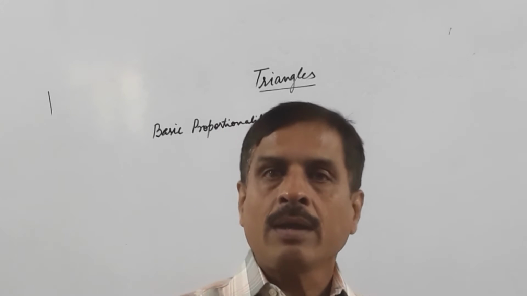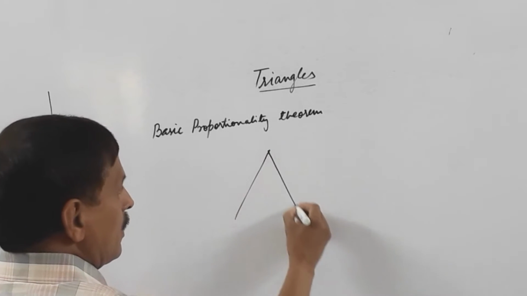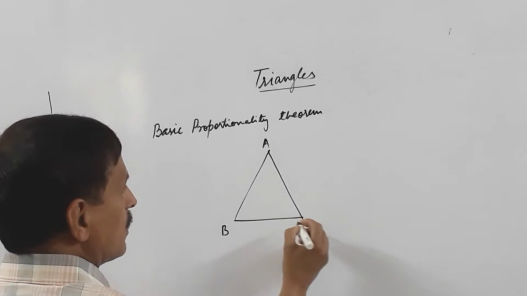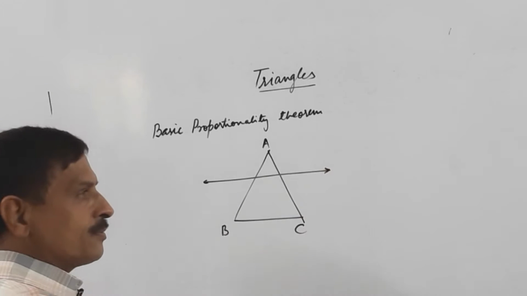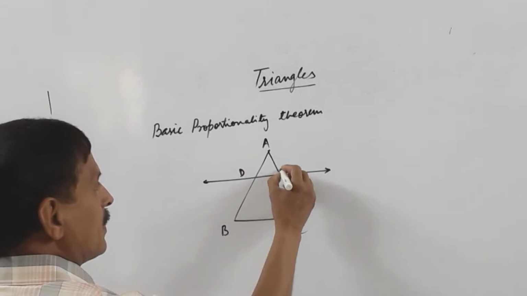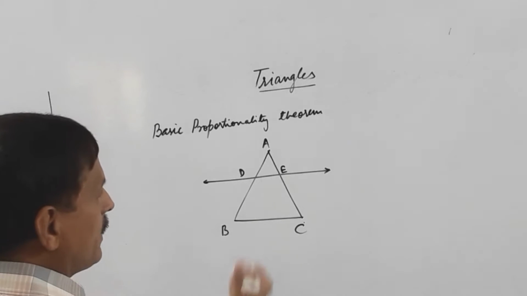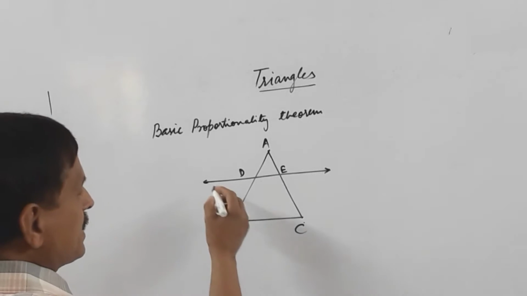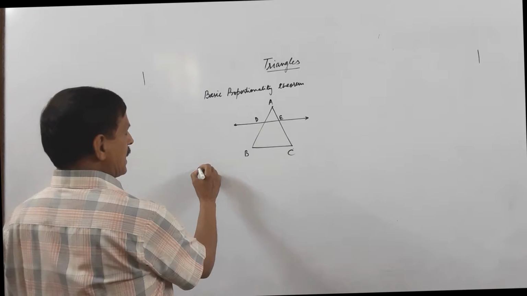According to this theorem, in a triangle, if a line is drawn parallel to one of its sides, intersecting the other two sides in different points, say D and E, then this line divides the other two sides in the same ratio, that is